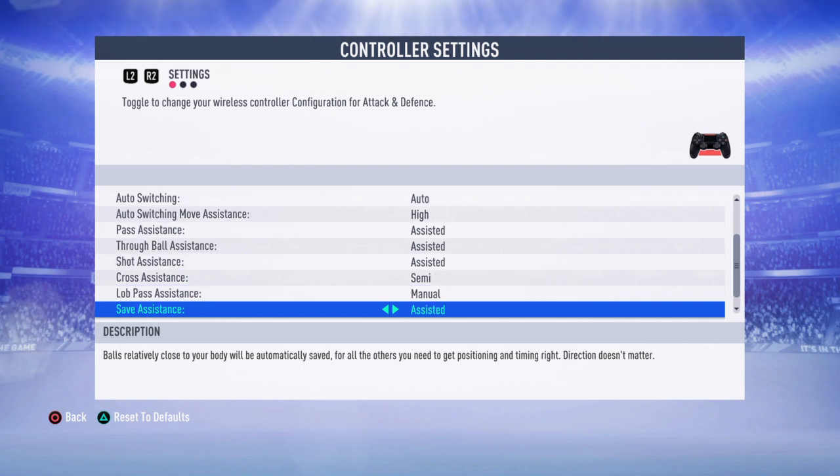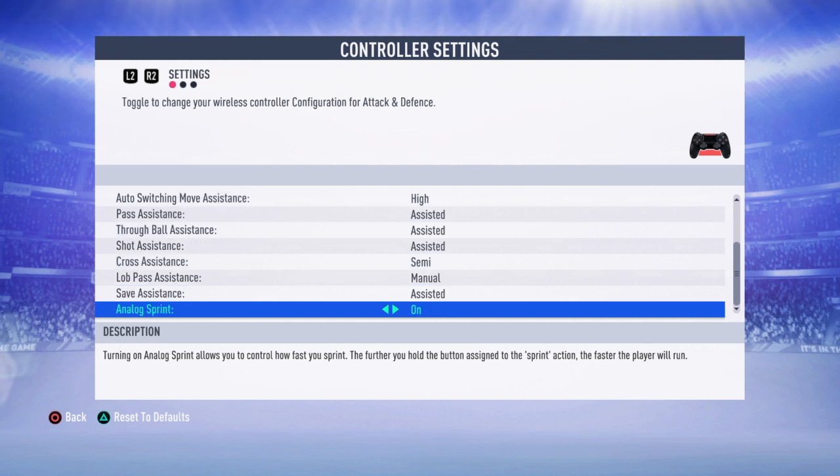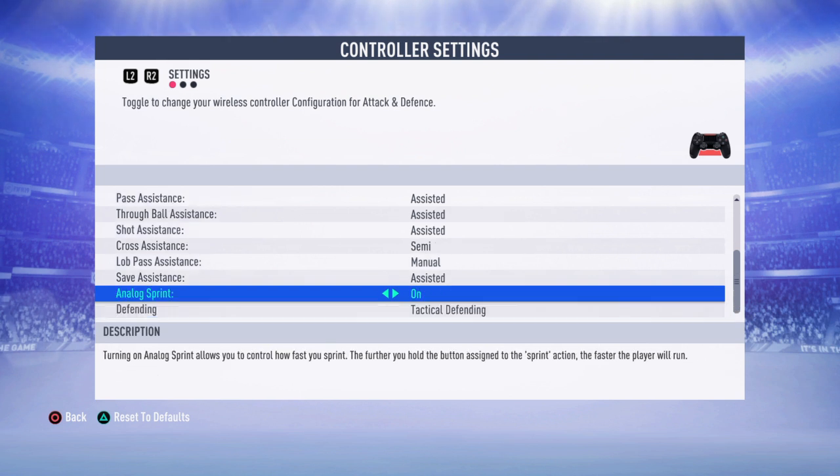And then save assistance, obviously you're not controlling the goalkeeper at any point unless you're Spider-Man with a right stick, so you don't need to touch that. And then analog sprint, that's just personal preference again, so if it's off, you put the button down and he goes full power, even if you put it down the tiniest little bit. But if it's on and you put it down a tiny bit, then you'll do a jog, and then you have to push the button down the whole way to